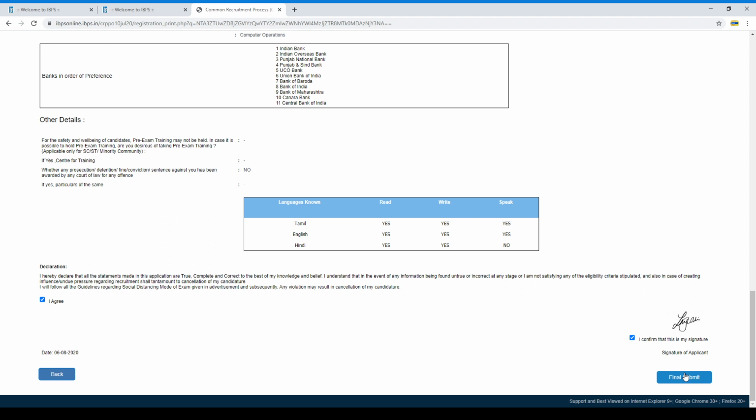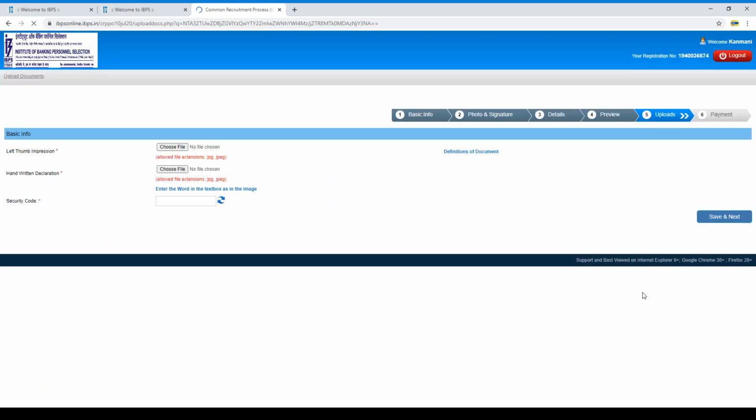So on click final submit. It asks if you have any change or any edit. So if you have any change, you can click through this or else leave it. Yes, final submit. So patience is the important thing for doing any job. Yes, it's loading. Yes, I have successfully completed.